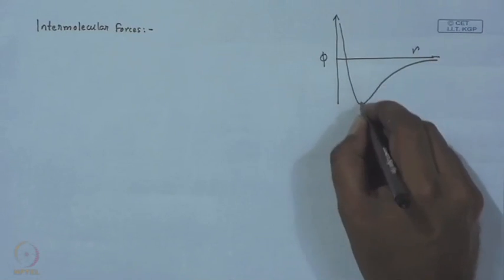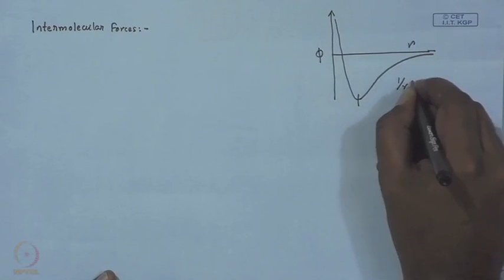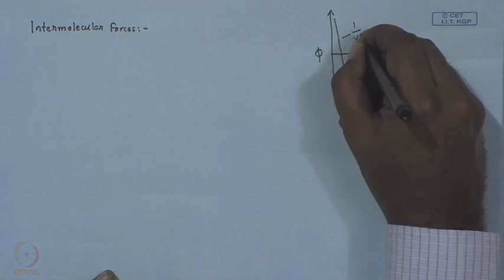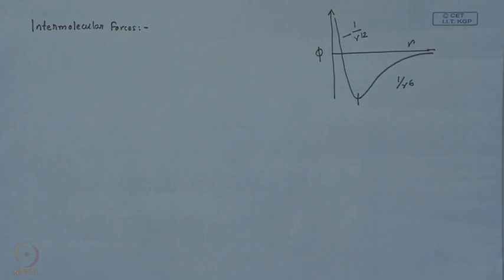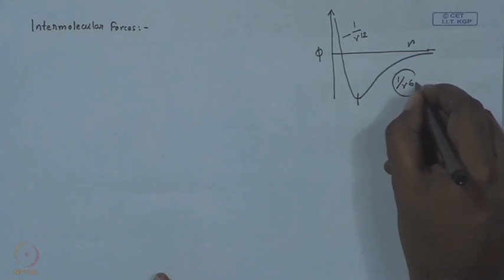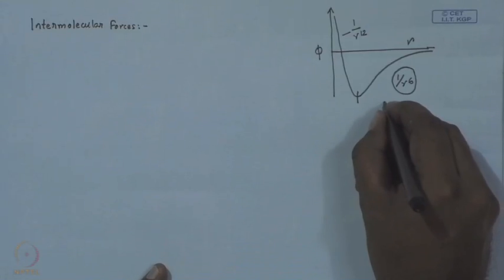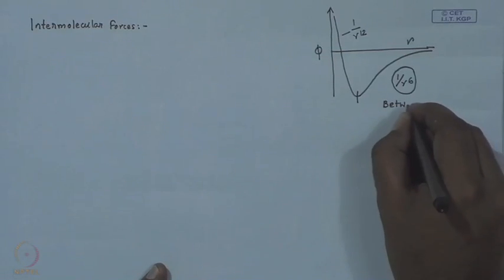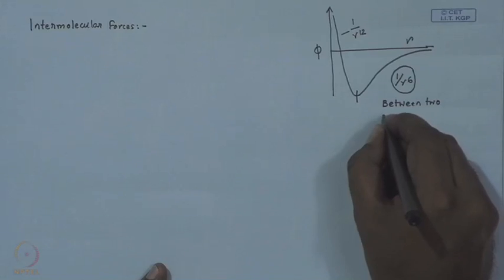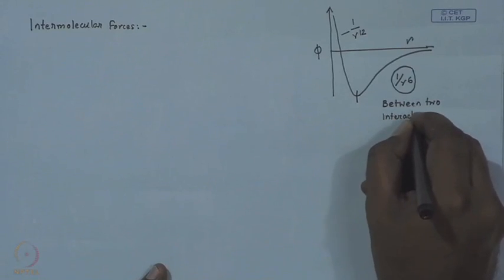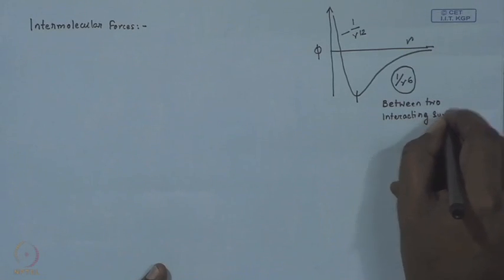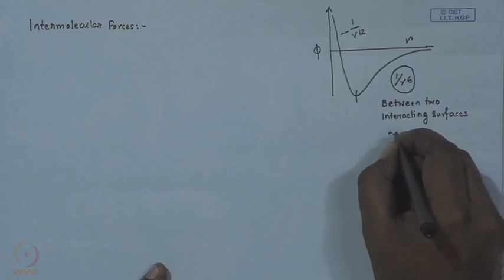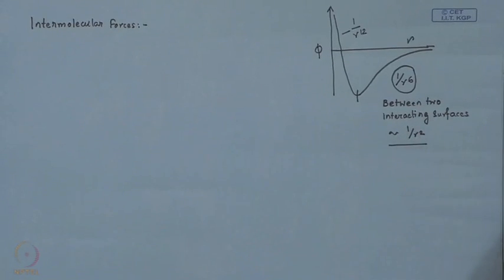We also understand a little bit about the 1/r^6 attraction and 1/r^12 repulsion. We also talked about the fact that between two fundamental particles the scaling is 1 by r to the power 6, and between two interacting surfaces it is of the order of 1 by r square. So, some of these things we already know, and in the first few lectures we also touched a little bit on